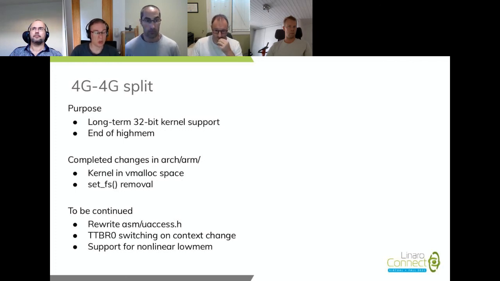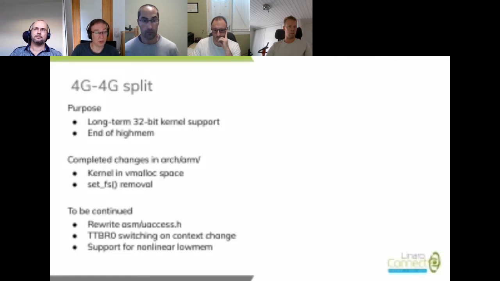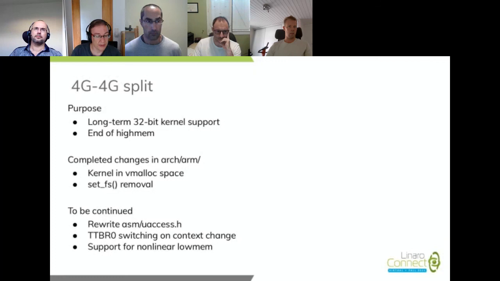And then we have to switch around between the two address spaces every time that we change the context from user space or access user space memory from the kernel. Another thing that will probably have to happen after that is a new way to remap discontiguous physical memory into the available 4 gigabytes of address space if the lowest and the highest address are more than 4 gigabytes apart.